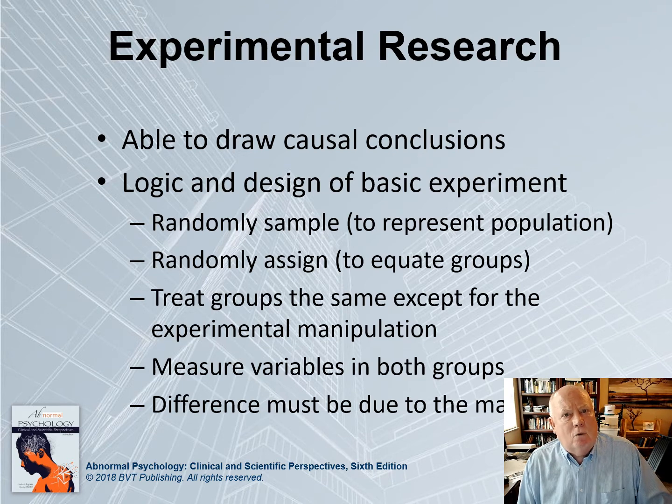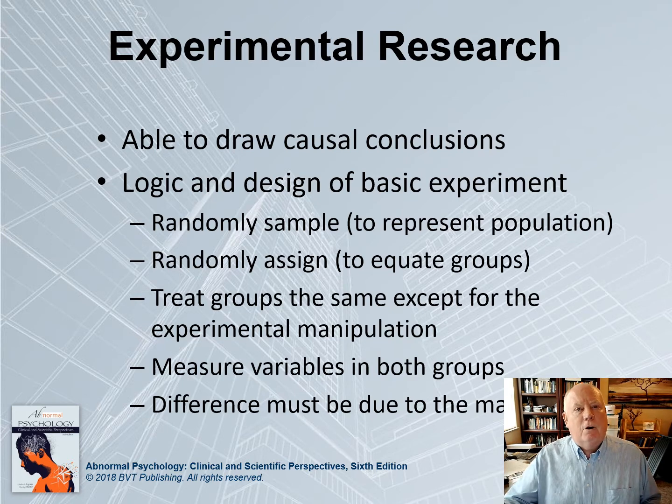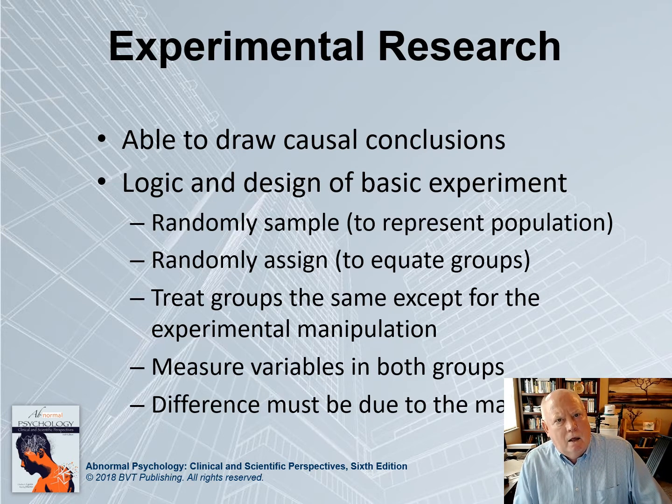Let me give you an example, with several examples. I cannot randomly assign people to either have schizophrenia or not. It just can't be done. They have it or they don't. I can look at people who have the disorder and people who don't have the disorder, but they were not randomly assigned. And because they were not randomly assigned, they tend not to be equal at the beginning. So if I find a difference, I don't know whether it's the disorder or some other difference between the groups that accounts for it. But it would also be unethical for me to do that.